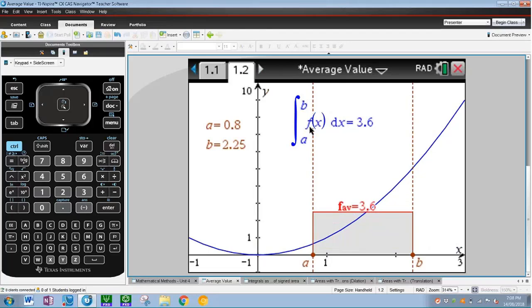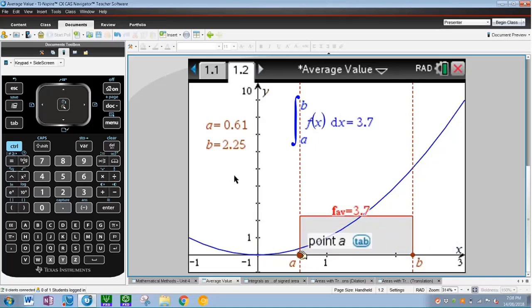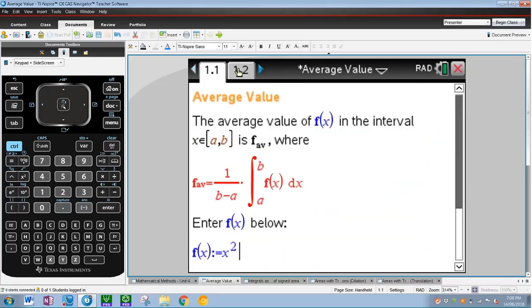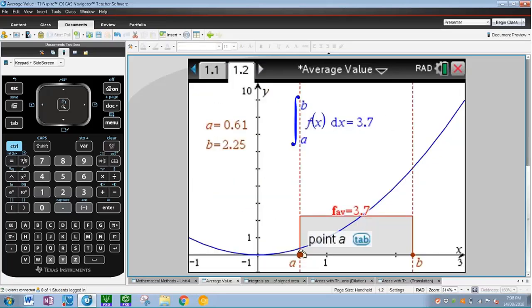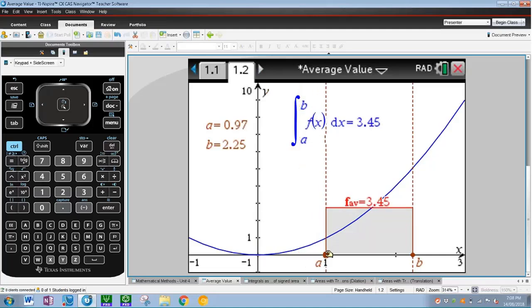And then at the top, I've actually got the integral of that function evaluated over the same domain. Now, unfortunately, we don't have the number of A and B at the bottom, so I've put it on the left-hand side here. So if you want to demonstrate a particular example, so you've introduced the concept and then you go to an example, then of course you can change f of x here to be whatever you like, and then come back over here, come back to this screen, and then slowly change your A to be, for example,